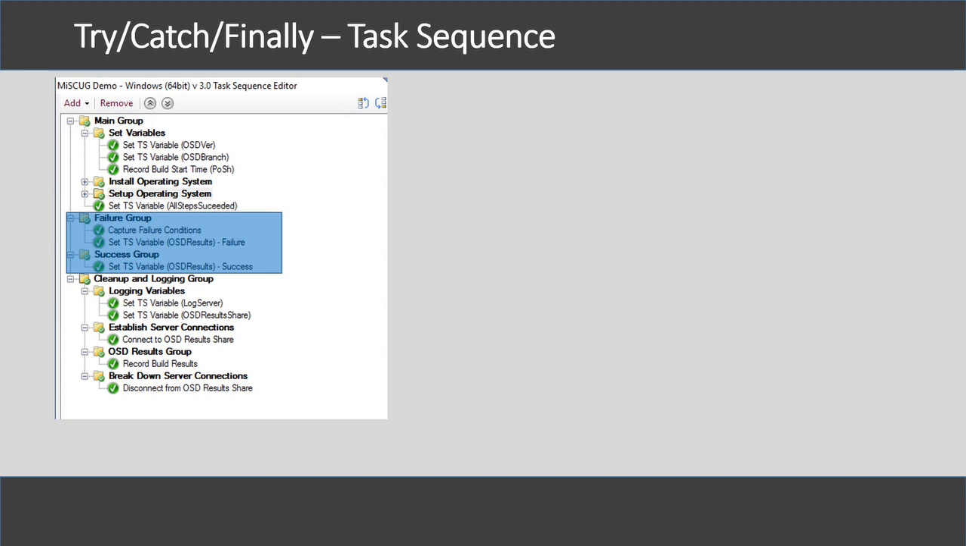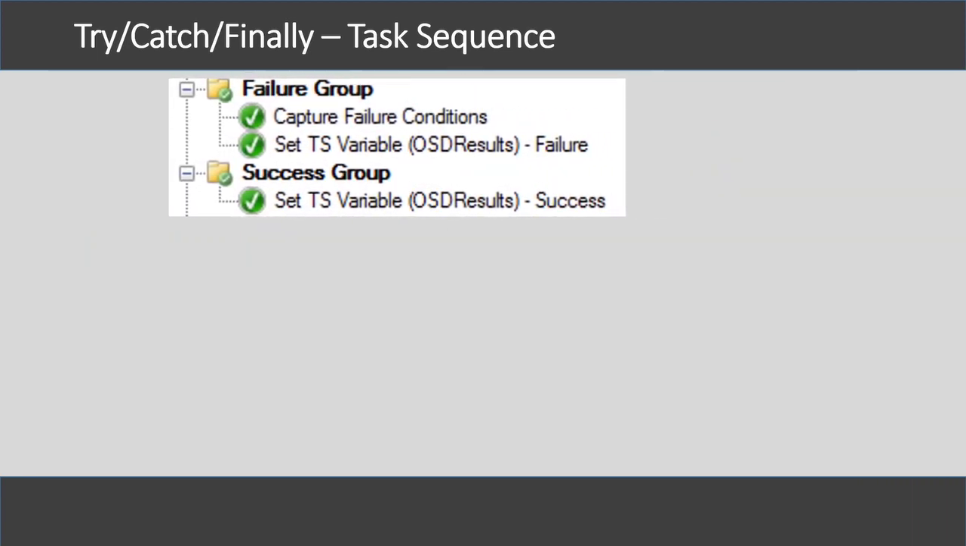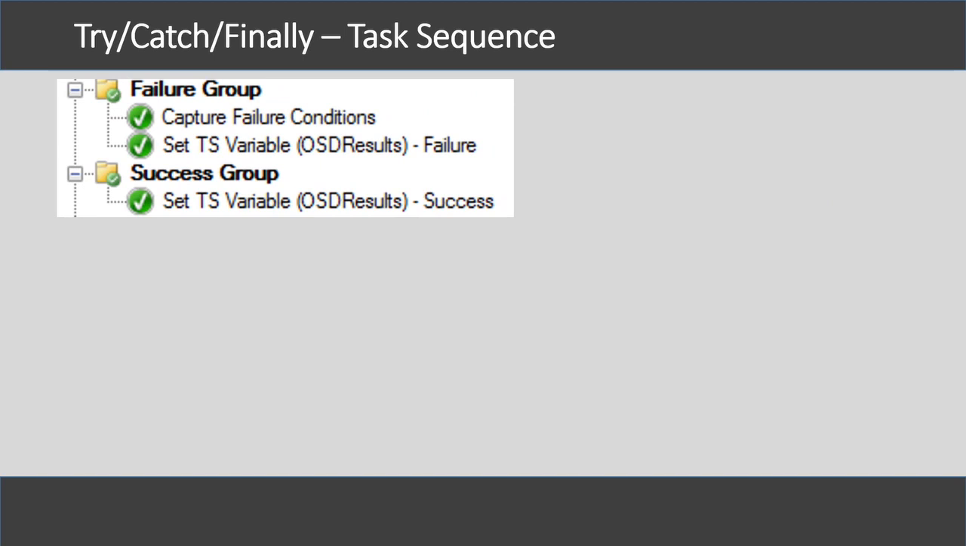Getting into the catches. So I got two groups, one for catching failures and one for catching the successes. Like I said, if any step fails in the task sequence, it'll set that variable, last action succeeded, to false. There's logic on that failure group that if that last action succeeded variable is false, it'll execute it. And in this case,